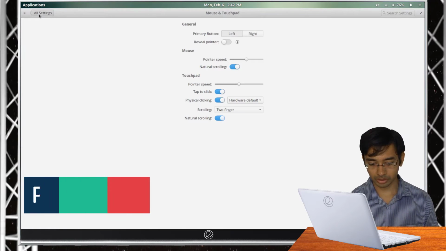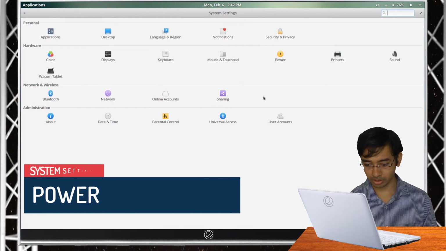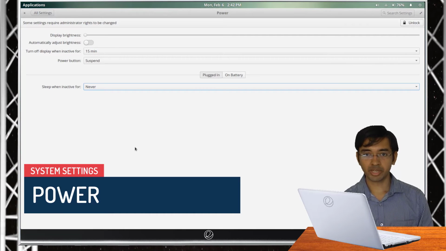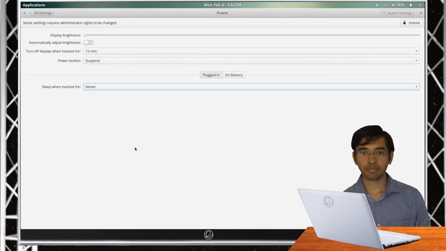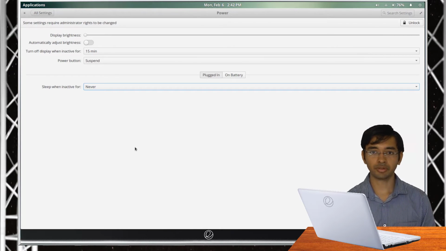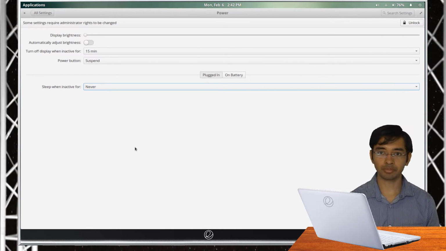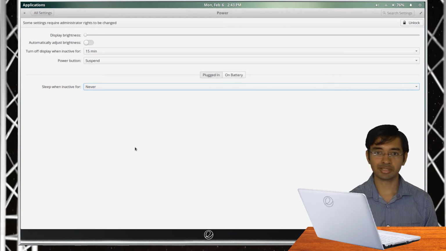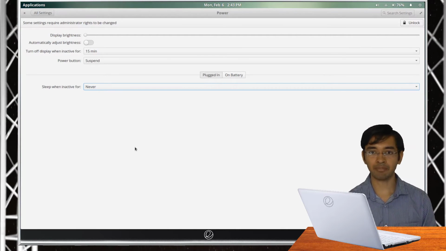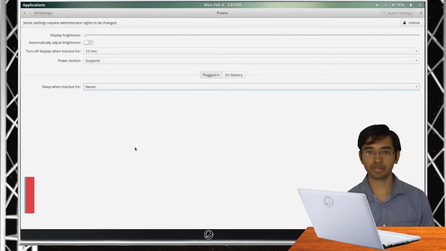In the power option, the new addition to Loki is the lid close setting, which makes it easier for you to use your laptop as a desktop computer. When you connect your laptop to an external display, it will keep working even when the lid is closed. But when you unplug it from the display, it will sleep on lid close. There is now also a setting to enable ambient light sensing if it is supported by your hardware.